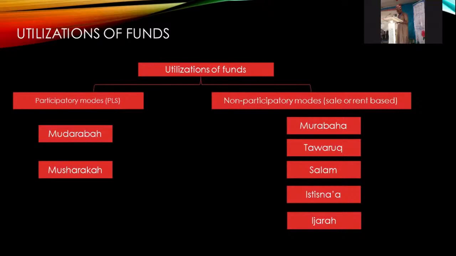Okay, let us look at the non-participatory mode. Sorry, you can see that I'm moving so fast because we are trying to avoid any technical issues. So let us look at the non-participatory mode, which is murabaha. Murabaha is a sale of a commodity at a price which includes a stated profit to both the vendor and the purchaser, a cost-plus-profit contract. In this scenario,